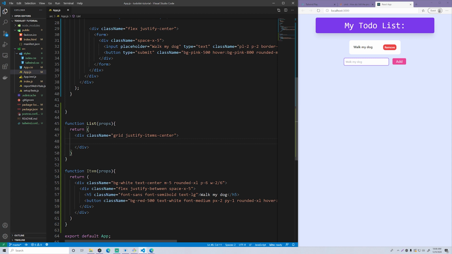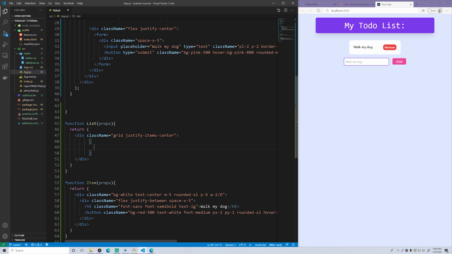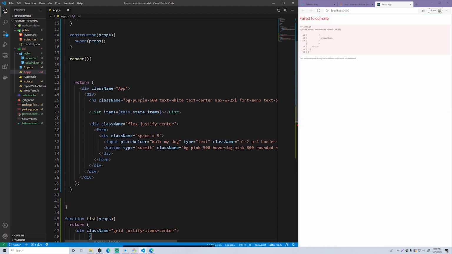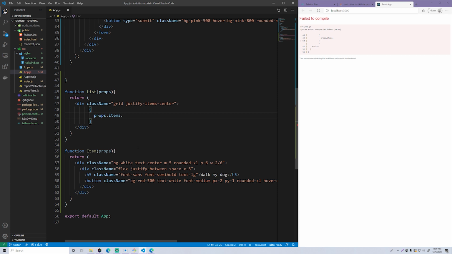So for each item, we want to make an item component. To do that, we can use the JavaScript map function. So props.items, and we're grabbing that from the prop that was passed in, so the array of items. So now we're going to map the array of items by doing props.items.map.